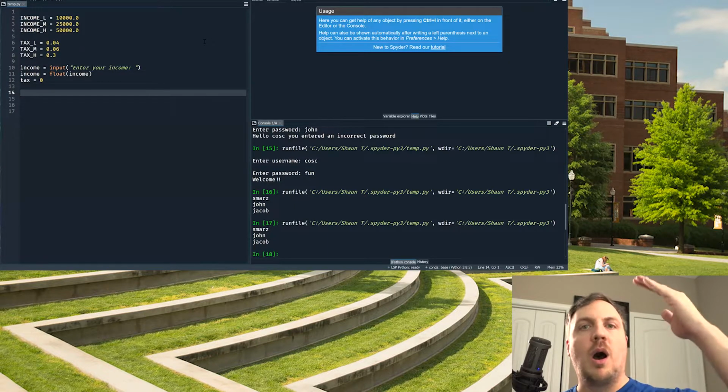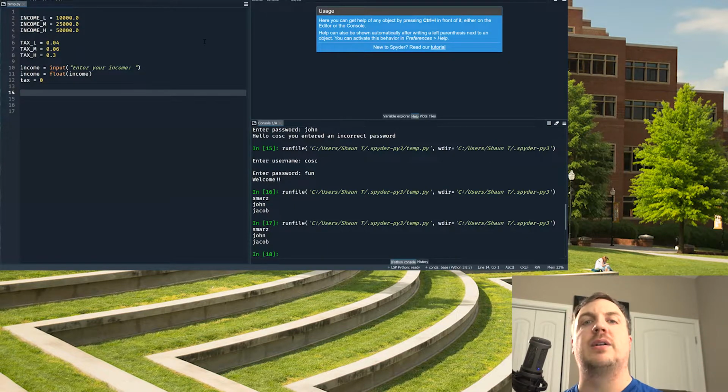Because remember, we're always going to start at the first condition and move down to the last condition. So we can't get to the last condition until the first condition actually executes. So in this case, what I'm going to do is I'm going to say, if the income that you gave